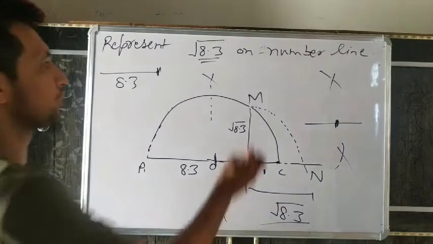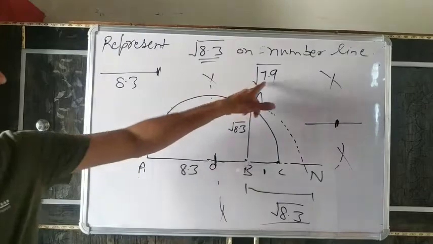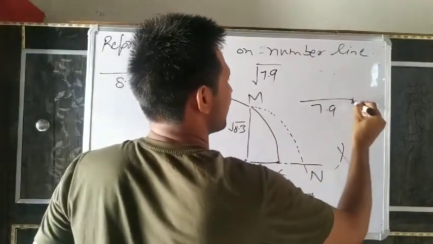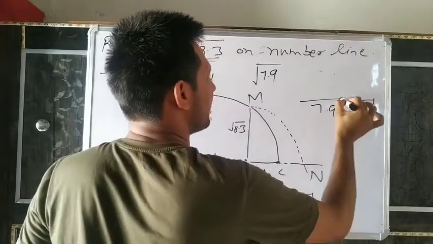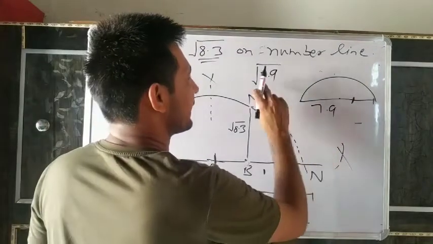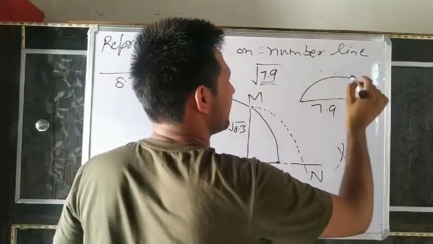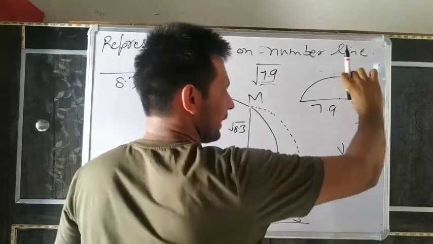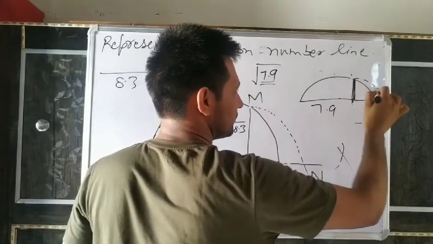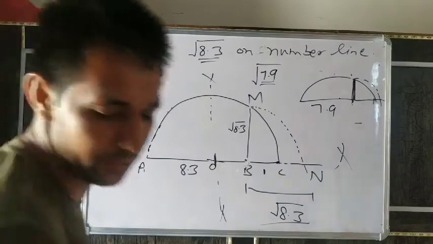Any question that comes, suppose represent 7.9 on the number line. Take a number line, 7.9. Extend 1 centimeter. Find the midpoint and draw a semicircle. Make 90 degree at the end point on the starting line. What is it? It is the end point. So it is 7.9. After this, open the compass from here to here and draw an arc like this one. So it is root 7.9. Understand? Next.